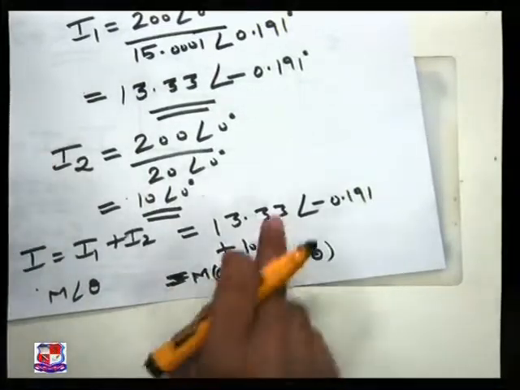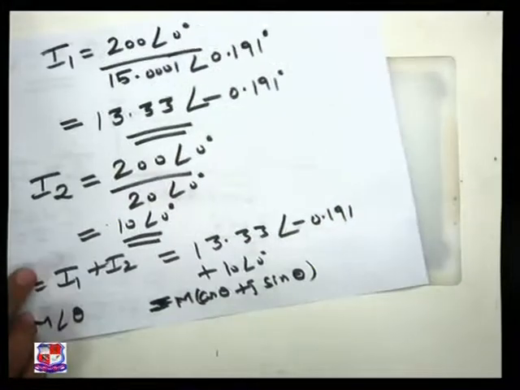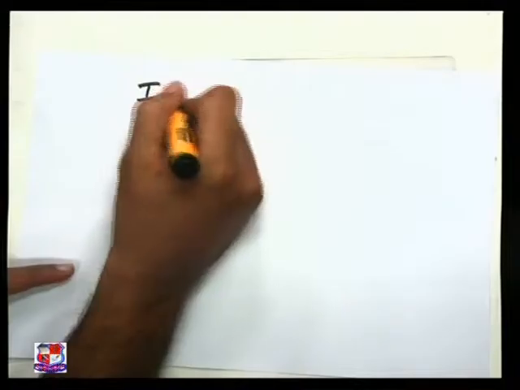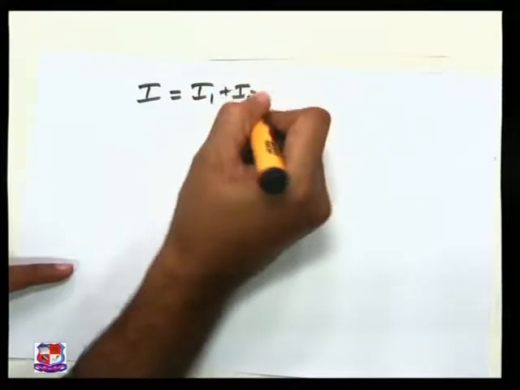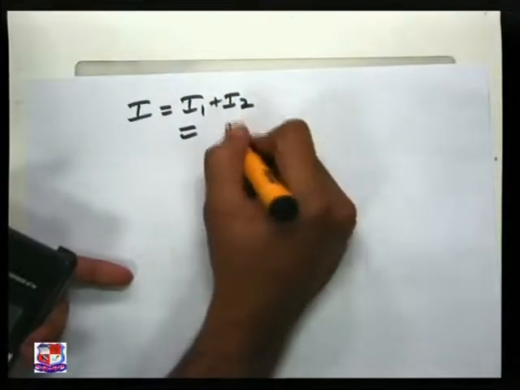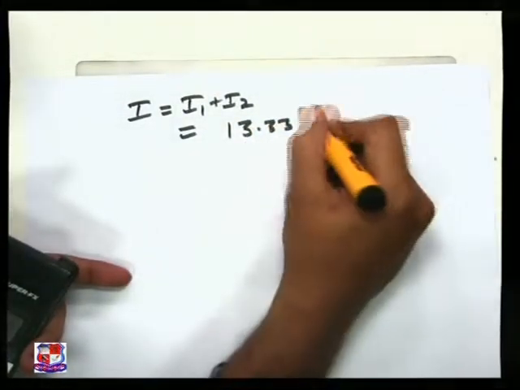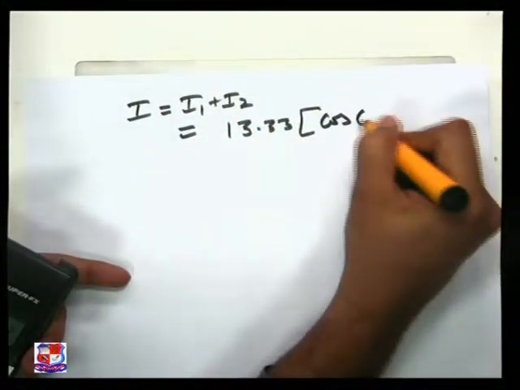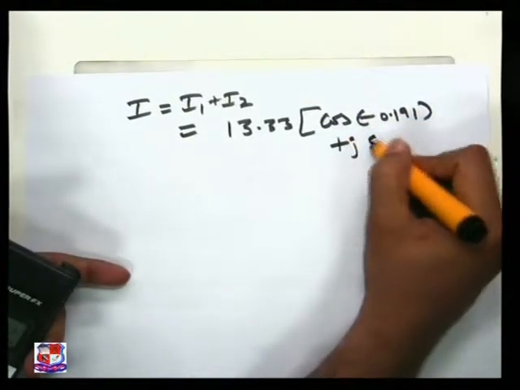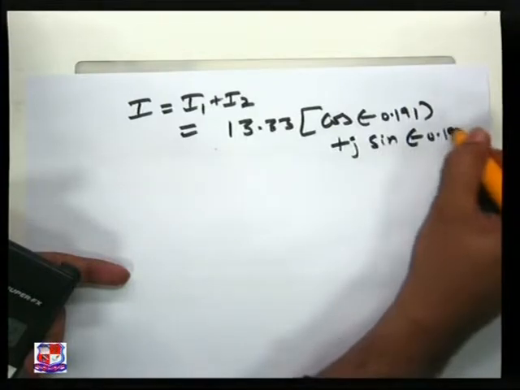So I equal to I1 plus I2. It will be 13.33 cos of minus 0.191 plus j sin of minus 0.191,